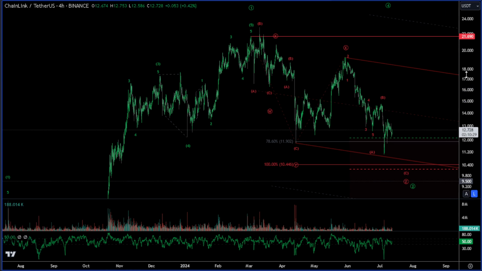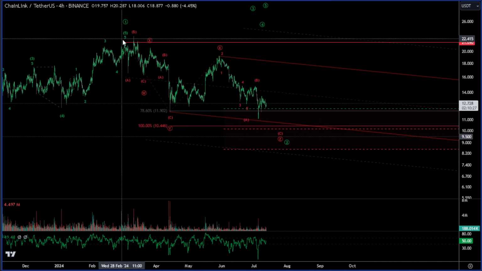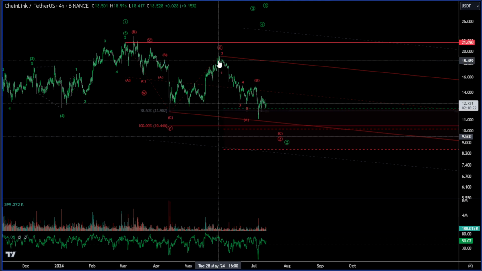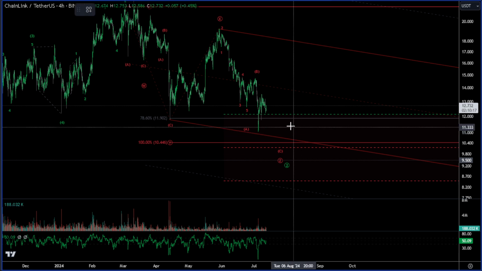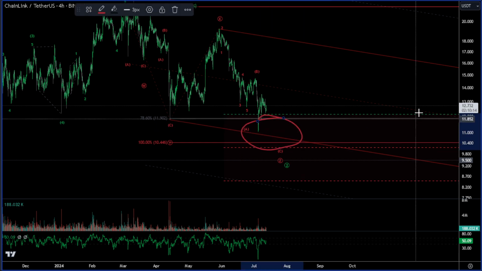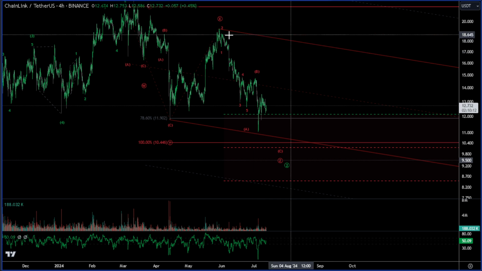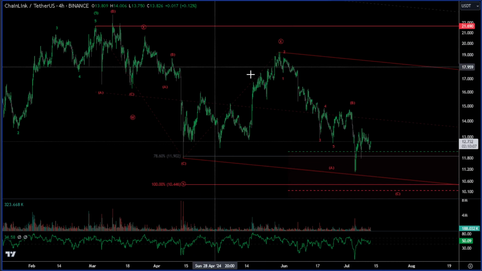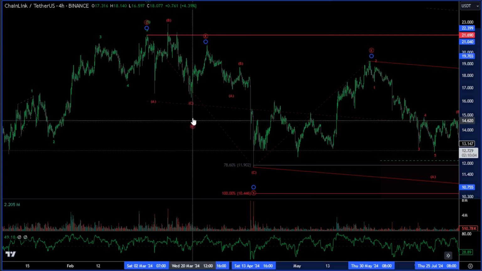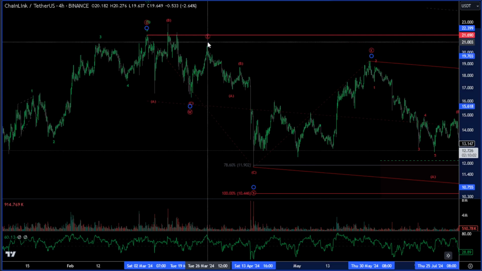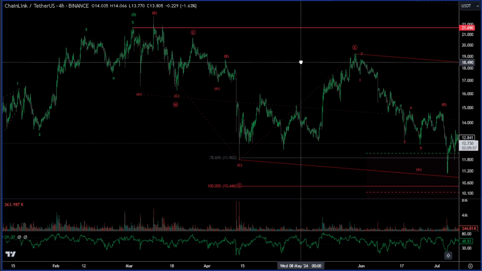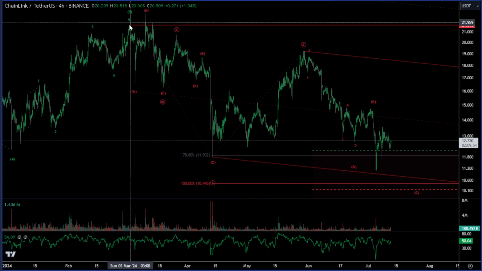So first of all, put on our pitchfork from the fifth to our first major pivot, second major pivot, and I have a shift pitchfork on here. So this is the zone I'm looking for a pivot. You can see we're there right now. The count was very difficult because of the fact we had that 3-wave to the upside. So the only thing that makes logical sense at this moment to complete soon, remember the pattern can always change, but to complete soon in this zone that we want it to complete, this would have to be a flat